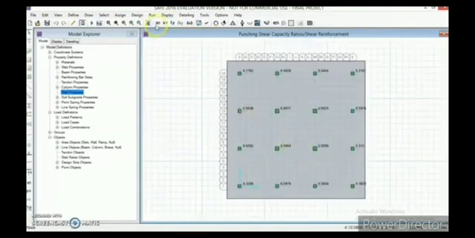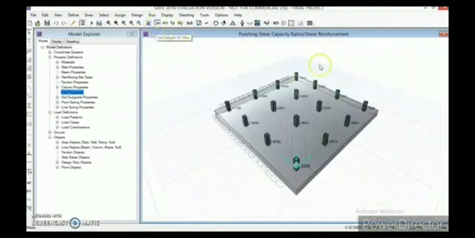Now let us see one more time. This is the extrude view of our building foundation. As the punching values of all of them are less than 1, it means that our foundation is a success. So now let's have some